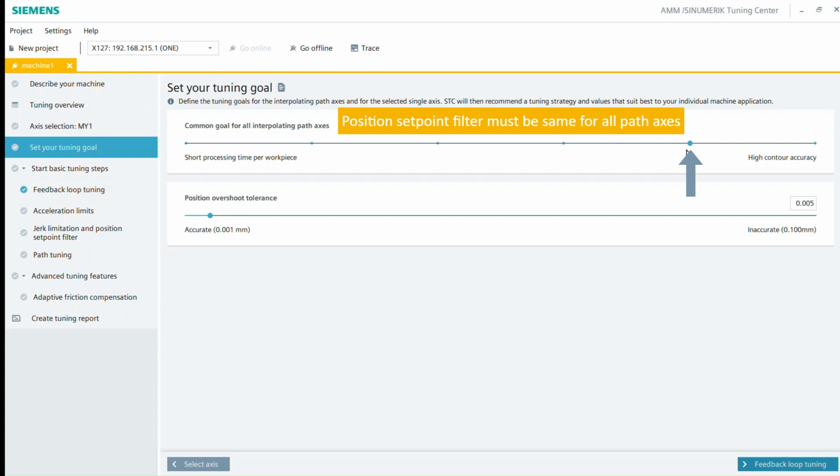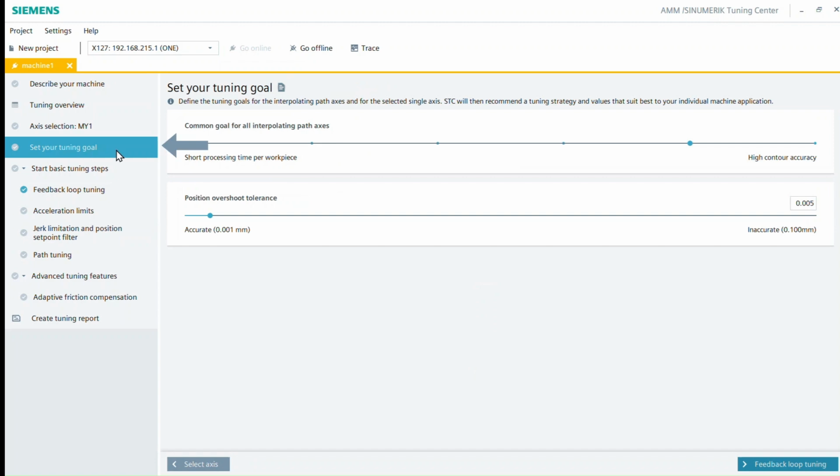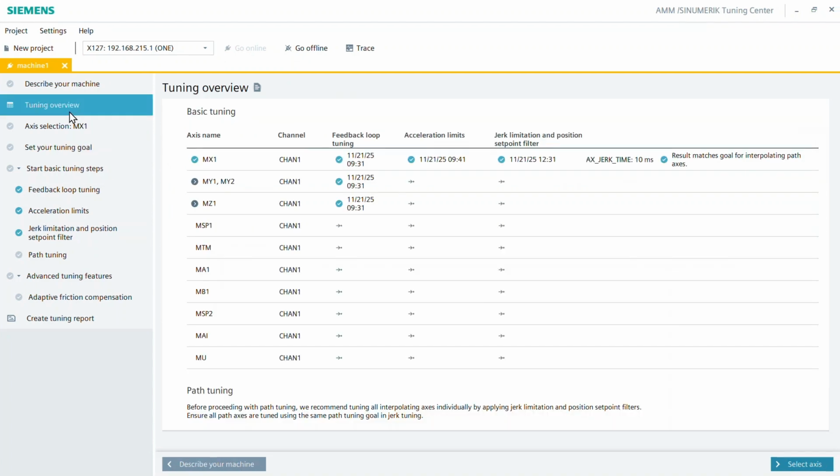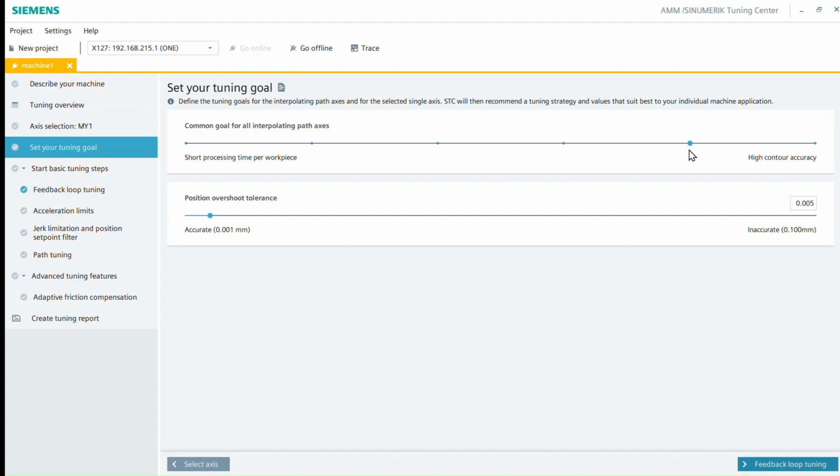However, you can change this setting by adjusting the tuning goal for the interpolating path axes in the section Tuning Goal. You can find the best compromise by experimenting and adjusting the path tuning goal in the desired direction. Finally, make sure the latest tuning goal is applied to all path axes by running jerk tuning with the same path tuning goal for every axis.